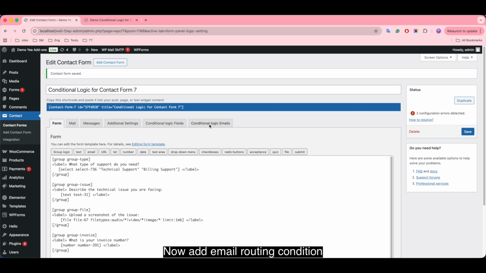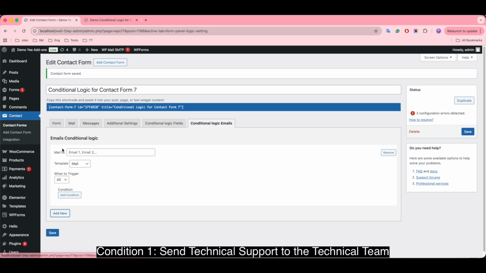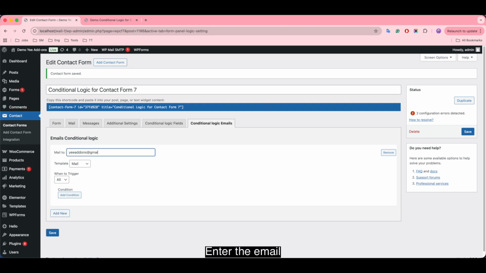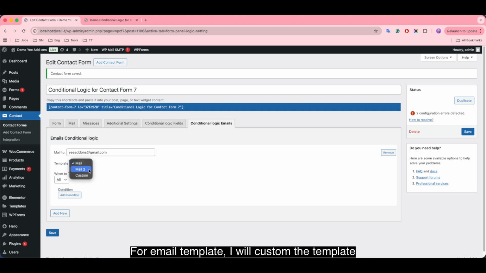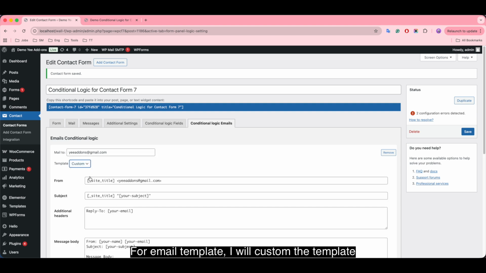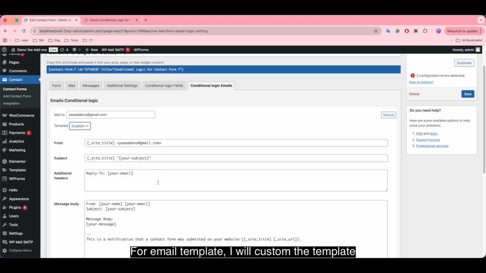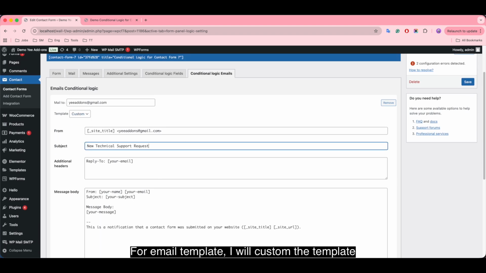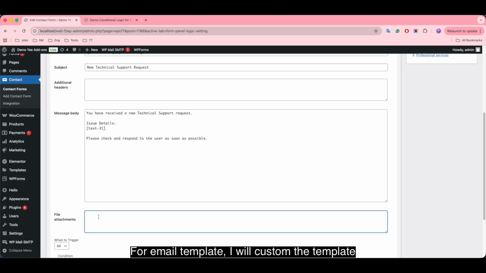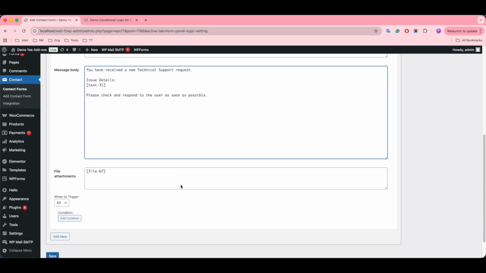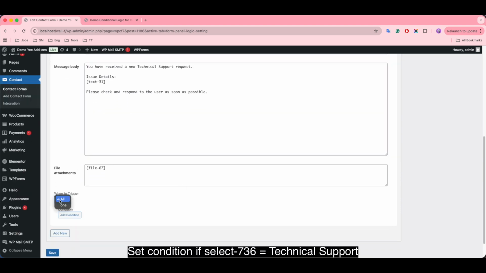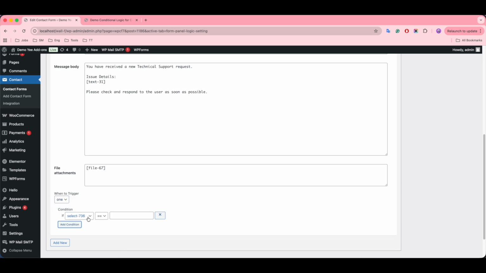Now add the email routing condition. Condition 1. Send technical support to the technical team. Enter the email. For the email template, I will customize the template. Set the condition: if select 736 equals technical support,